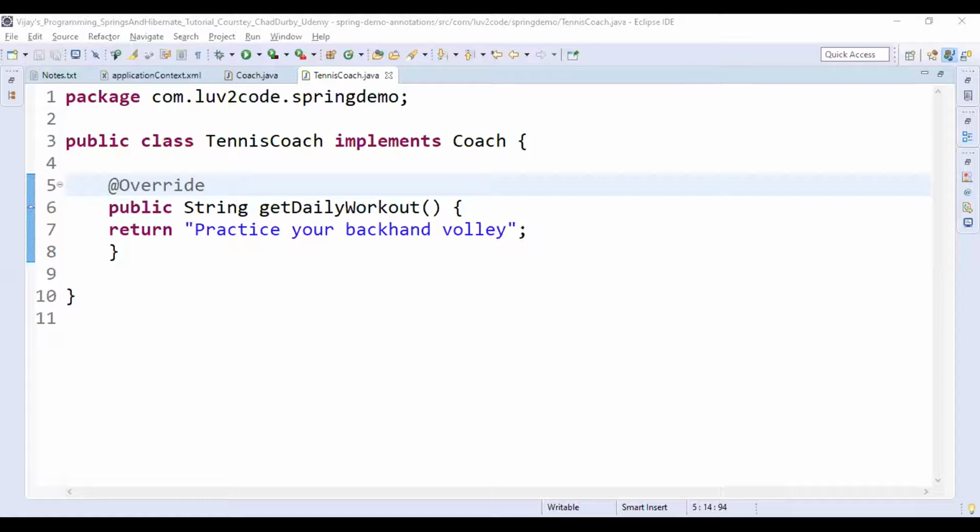That is how Spring will identify its beans. It will scan the Java classes for the Spring annotation, and if it finds one, it will automatically register that bean with the Spring container.